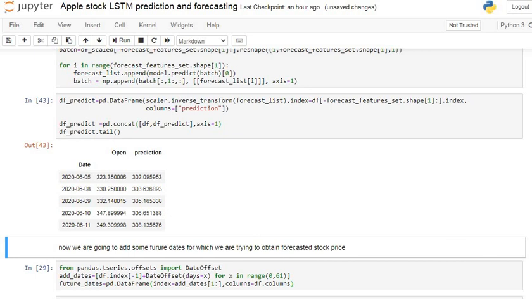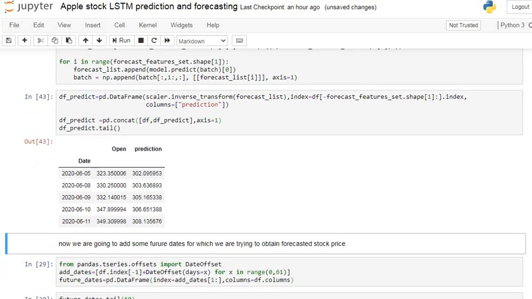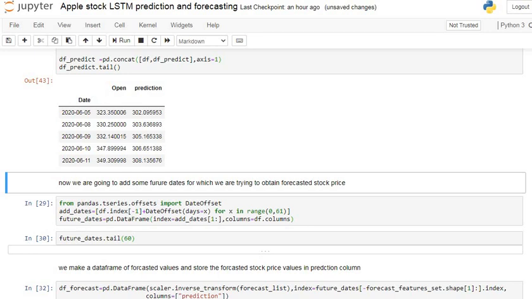After that you have to do these two steps. You just have to run this code. After that we are going to add some future dates. We have data till 11th June, but after that we have to forecast, so we have to add some dates: 12th June, 13th June and so on.